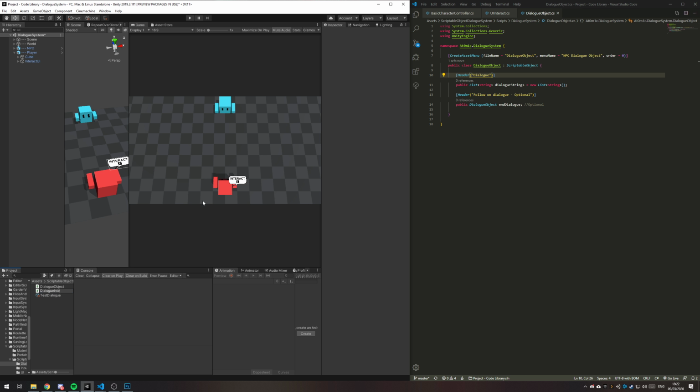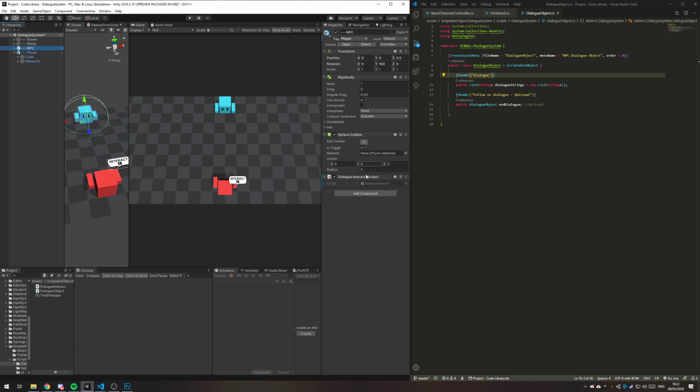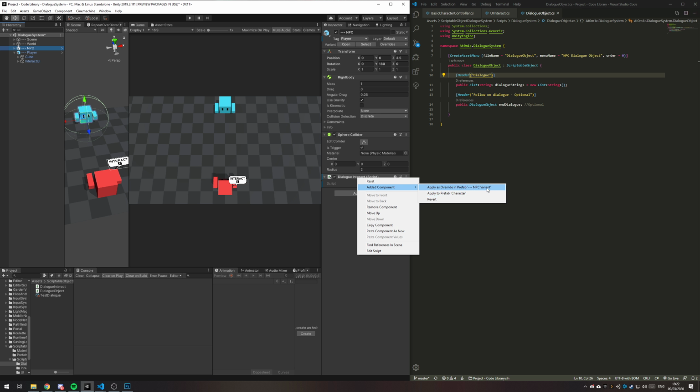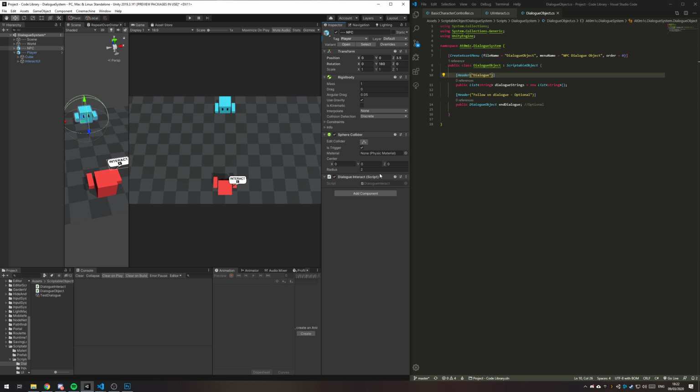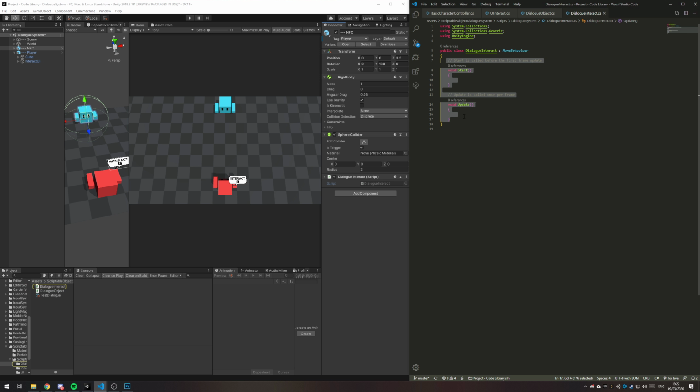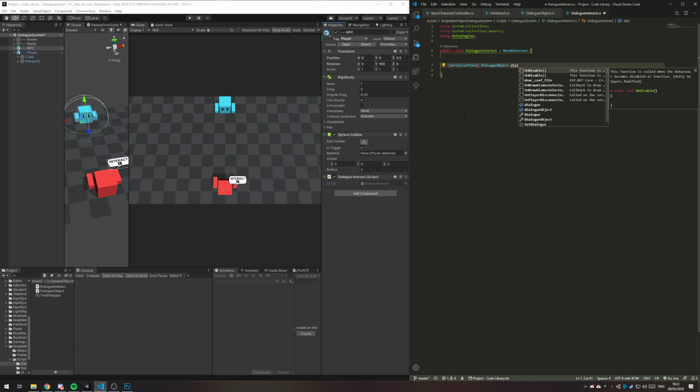Let's make it dialogue interact, and we're going to just drop that on the NPC. Okay, and I'm just going to apply it to my variant, NPC variant there. If we open up that script, now we need first of all a reference to whatever dialogue script we're going to be starting with. Dialogue object,